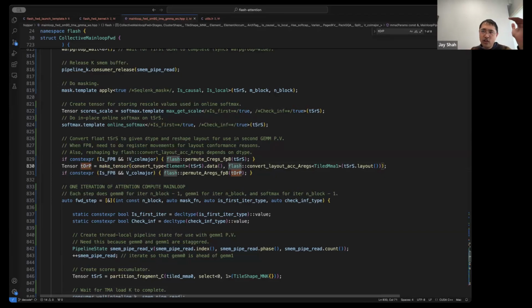It's typical in the fused gem situation, when I have the output of the first gem being fed into the second, to have to do a reshaping operation, because there are assumptions that the MMA primitives like WGMMA make in terms of the layout, in terms of what threads own which values, and how the partitioner will present the thread-wise tensor.